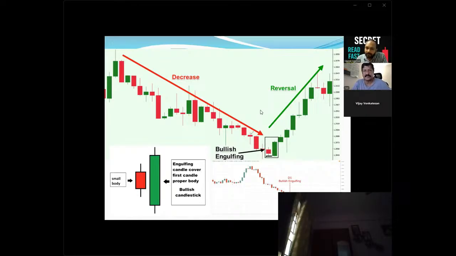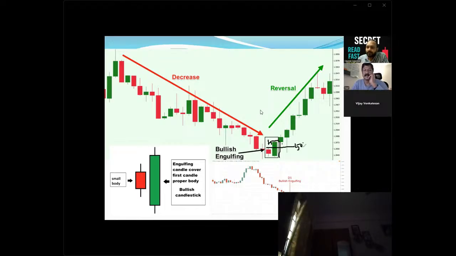You can trade this candle like a hammer or doji also, because we see it after a downtrend. But for double confirmation, we will sometimes use bullish engulfing. After this small red candle, there should be a big green candle which covers the previous candle, and only then will we take a trade. We enter on the third candle, once it crosses the high price. And since this is a very big candle, our stop loss will be at 50%.